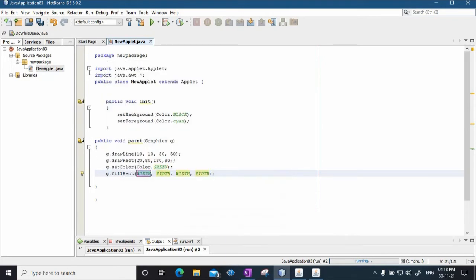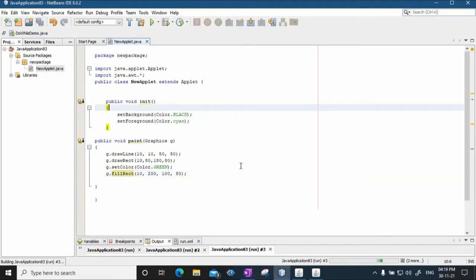Of course it will be a different rectangle that will be drawn. Suppose the x value is 10, now just see 80 is the point, so let's say 200, and the width is 100 and the height is say 80.